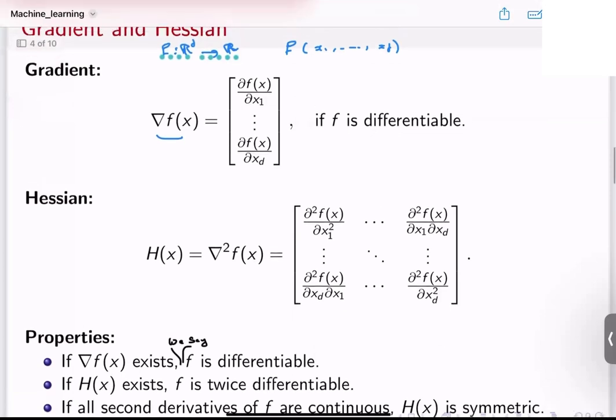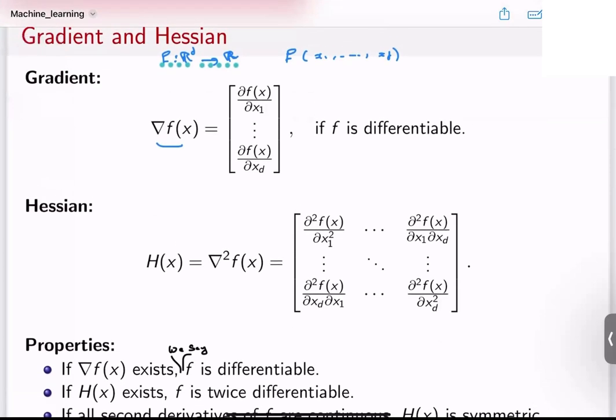Now, also, since we're working with functions on R to the D, remember when we were talking about the second derivative test and so on, we had to calculate what we called f double prime, or the second derivative of f. So to do it here, we need an analog of this for functions on R to the D, and this is gonna be called the Hessian. So it's the Hessian matrix,